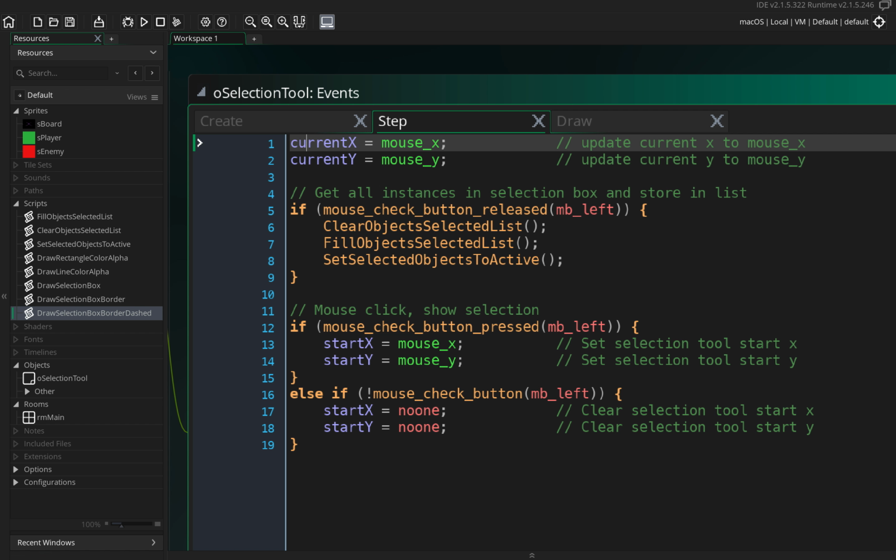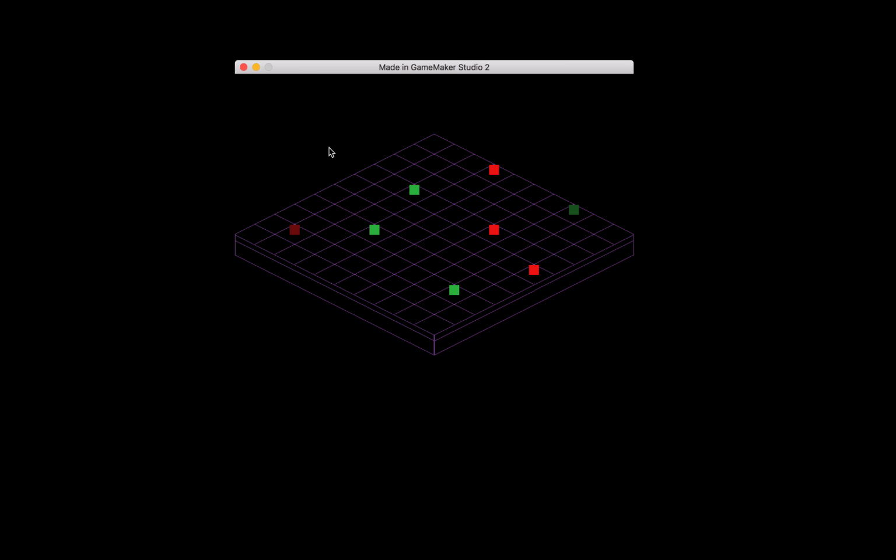Here you can see that when we click, we activate our start X and our start Y. So when we press the mouse button down, we want to store where we started our drag selection, right? So here when I click, okay, I've clicked down, and now I've stored that value of start X and start Y, and we have current X and current Y always being tracked. So now all we have to do is just draw a